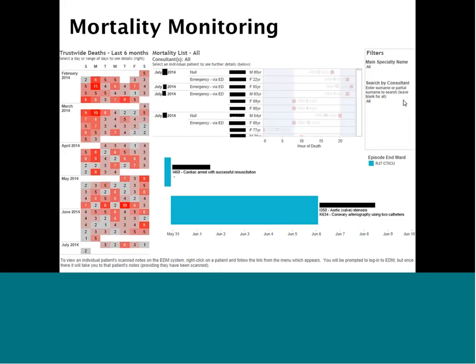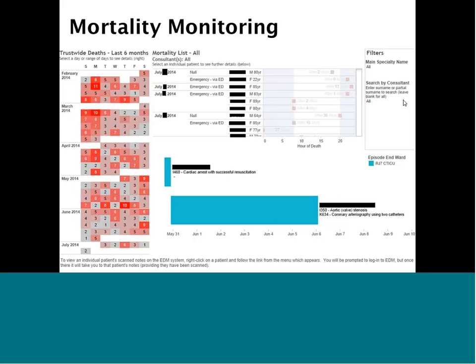And the last example I'm going to show you is the most recent, and I think it's possibly the most exciting. Is probably not quite the right word given the topic, but I support one of the deputy medical directors who runs a mortality monitoring group in the hospital. So the hospitals have very, very strong clinical audit processes around really examining any issues that are reported, and in this case they investigate